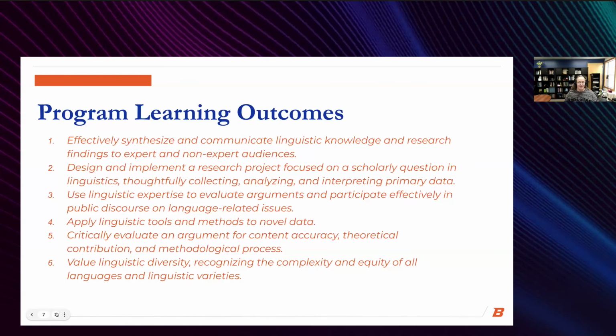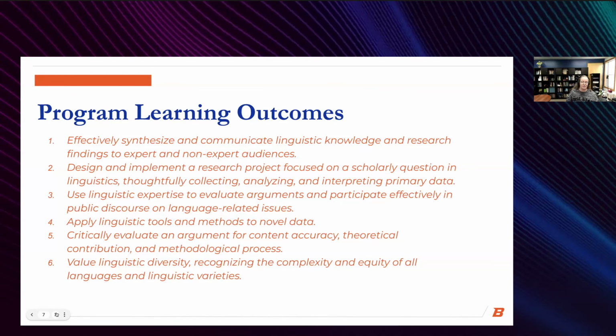Excellent. So, as part of our growing program in 2018, we received a university grant to spend time during the summer to create new program learning outcomes. This process involved discussions about what each of our courses currently covered, what we wanted them to cover, and what we saw as the most important things for our students to get from our program by the time that they graduated. So as a result, we now have 6 established program learning outcomes, and we have them on the slide.